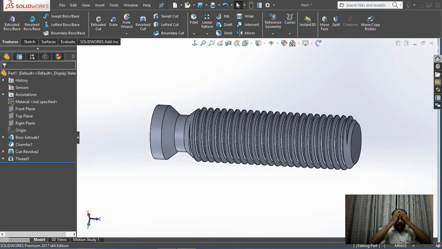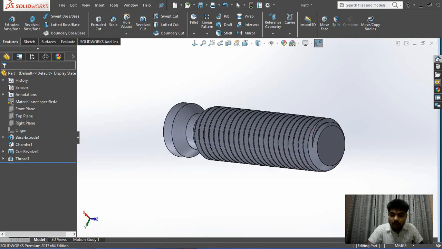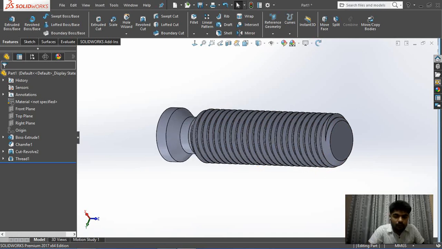And as I have told you in the beginning, the reason behind the dimensions which I have chosen is that some of my students already know why I have taken 15.8 diameter. This is because whenever we do threading operation on a lathe machine, there is a bulging effect.